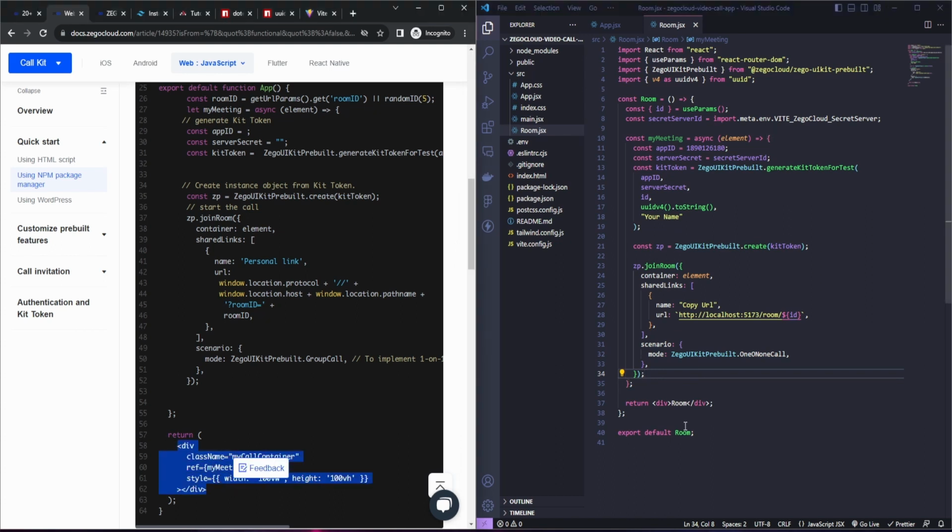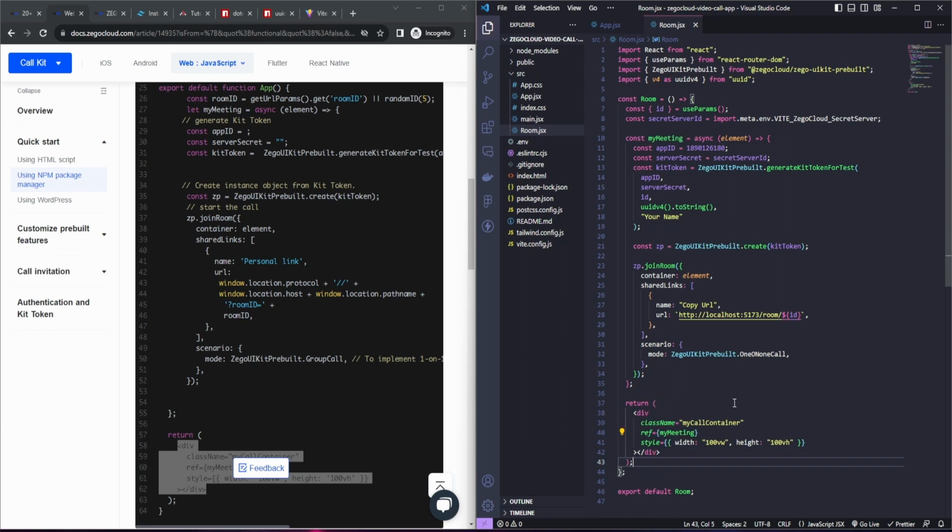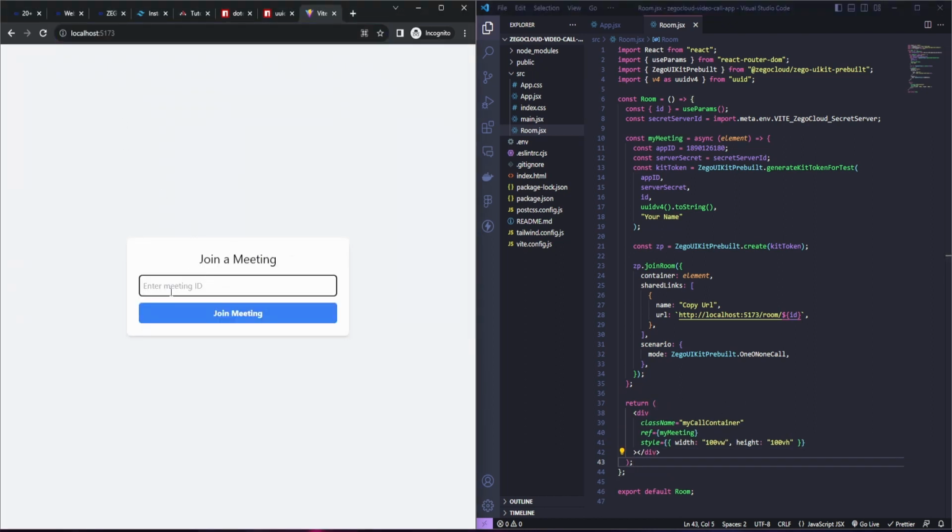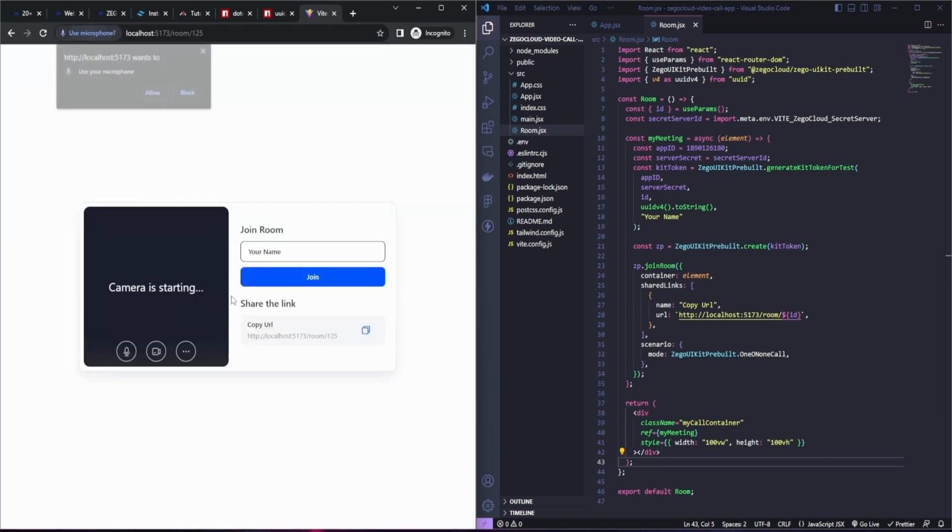Let's copy this div here, save it. So let's go, for example, here we can do user 1 join. Yeah guys, you can do allow. I don't have a camera guys, but you can test it on your own. Here we can see your name. Okay, if I click to join,